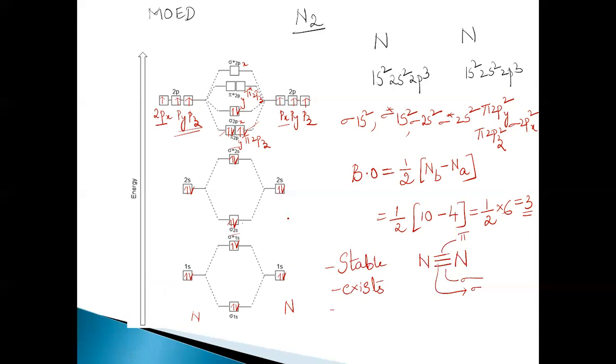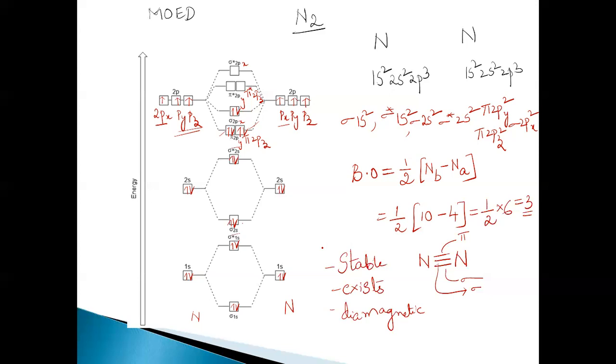When you come to the magnetic nature of this, you can see that all the electrons in all the molecular orbitals are filled up or paired up. So there are no unpaired electrons, this is the last one, and this is also paired up. So it is diamagnetic in nature. If there is no unpaired electron, the nature is diamagnetic. And since there is no unpaired electron, it will form a low spin complex.